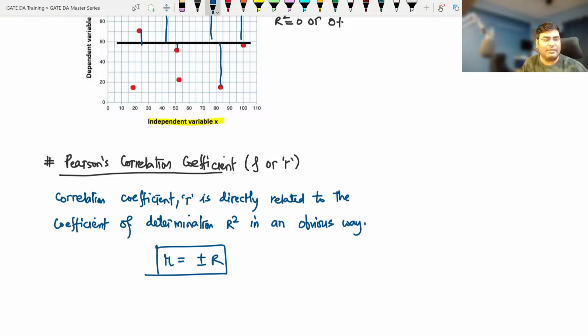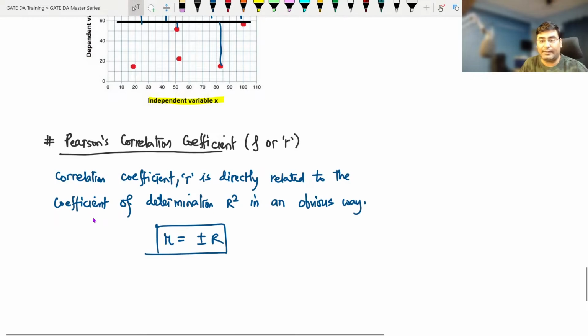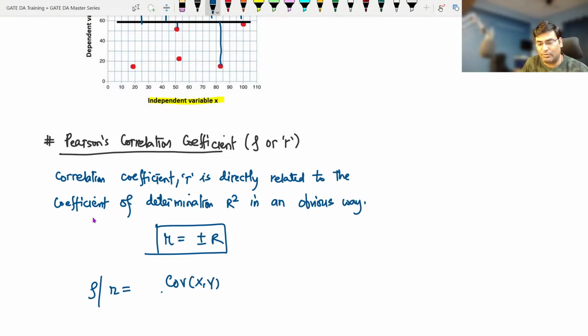And ideally, if you look at the R square formula, it comes from the correlation coefficient, and it's very easy. Given that R can be positive or negative, the correlation coefficient, rho or R, can be positive or negative. If you look at the formula, it says covariance of x comma y, two values, divided by sigma x and sigma y. Okay, I'll explain. But what is correlation? Correlation shows the relationship between two variables x and y, and the relationship can be positive or negative, depending on